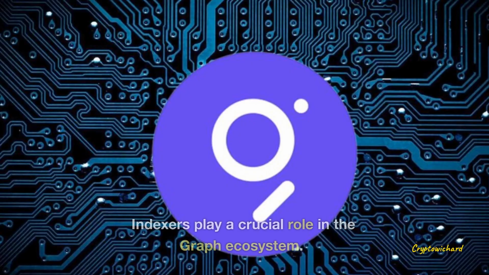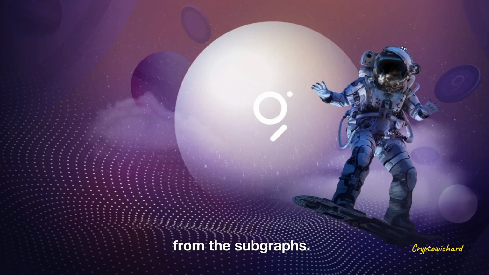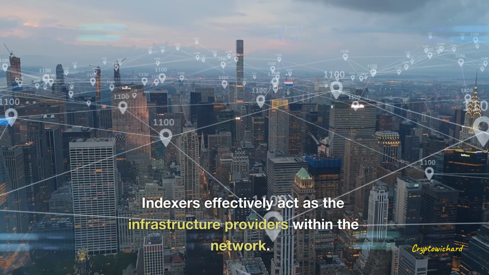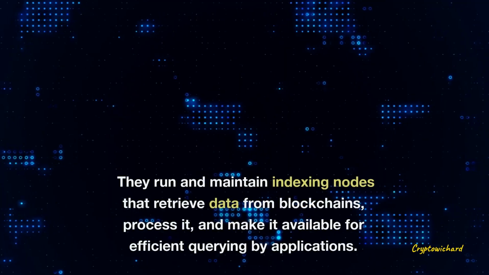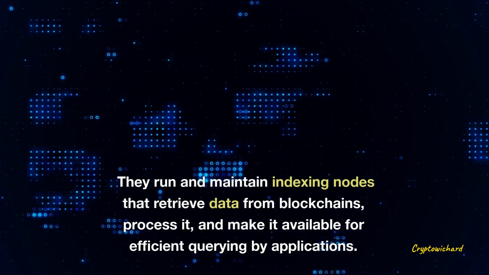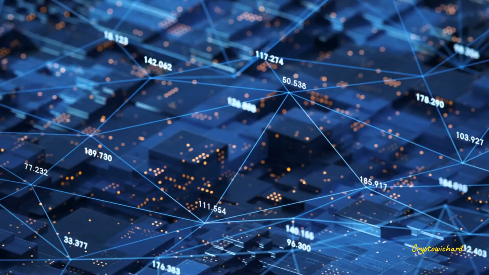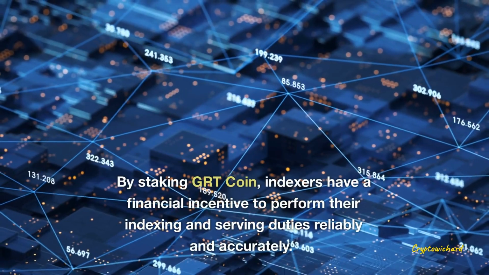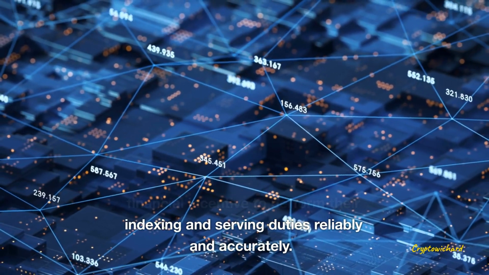interest. Indexers play a crucial role in the Graph ecosystem. They are the participants who stake GRT coin to index and serve data from the subgraphs. Indexers effectively act as the infrastructure providers within the network. They run and maintain indexing nodes that retrieve data from blockchains, process it, and make it available for efficient querying by applications. By staking GRT coin, indexers have a financial incentive to perform their indexing and serving duties reliably and